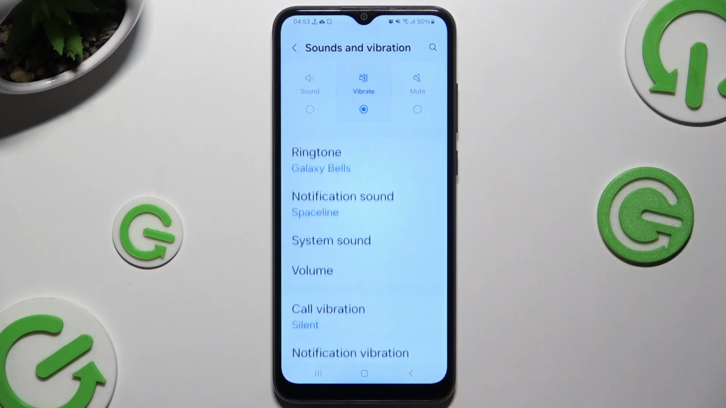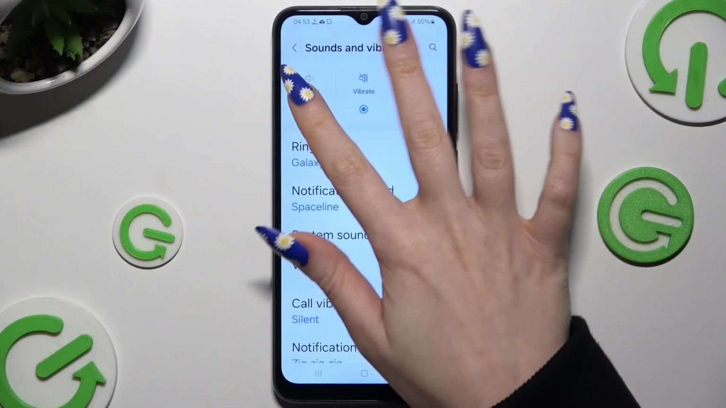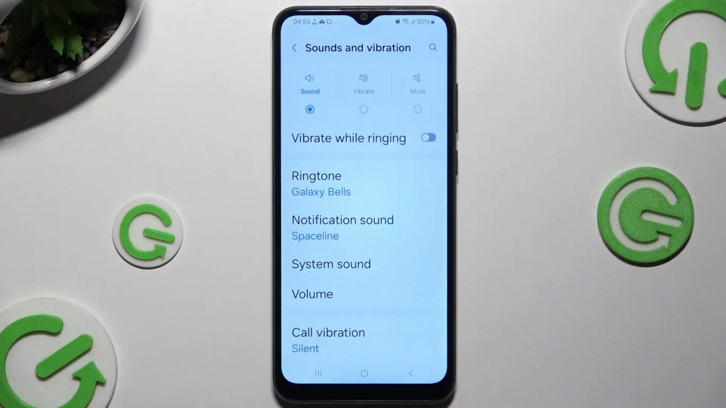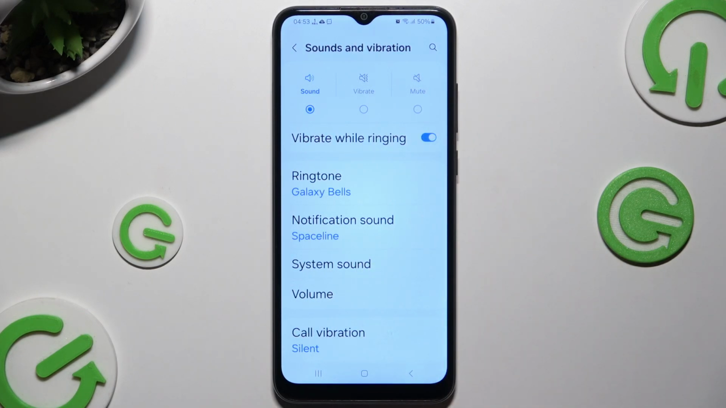Then tap on Vibrate at the top in the middle to mute your device completely, leaving only vibrations, or tap on Sound to click on this switcher next to Vibrate while ringing to enable or disable vibrations for incoming calls. When you finish, scroll,